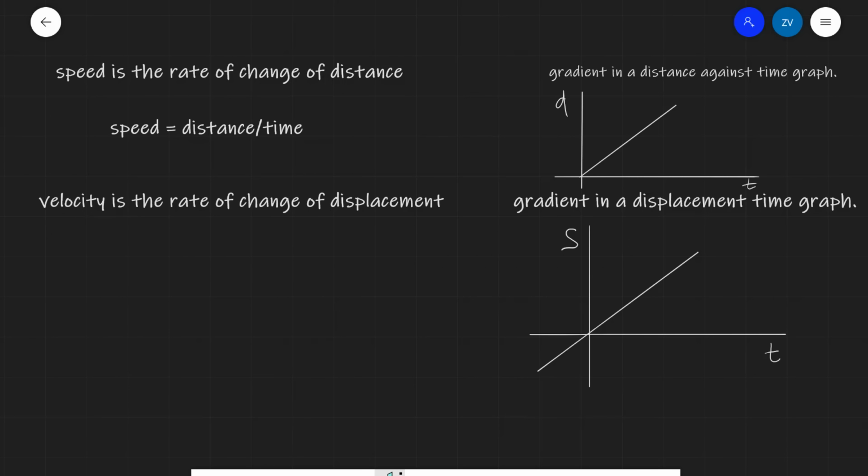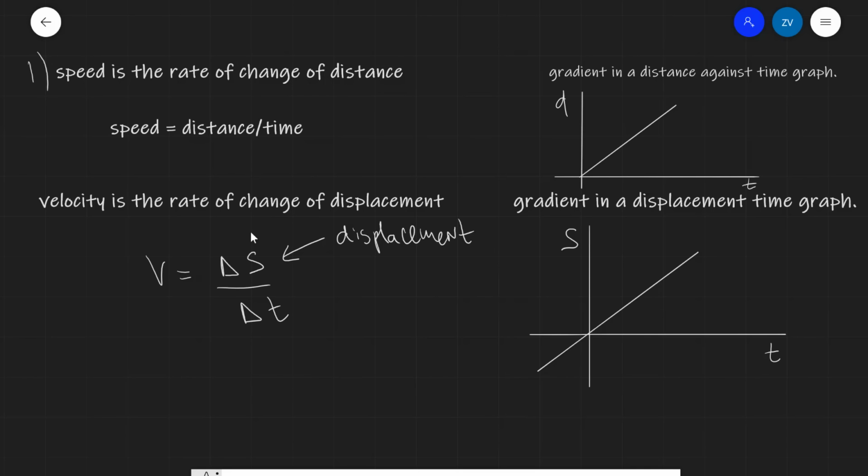Now let's revise some important definitions. First of all, speed is defined as the rate of change of distance, whereas velocity is defined as the rate of change of displacement. Typically in A-level physics, you will come across the symbol S for displacement, and the velocity v is the rate of change of displacement, so delta S divided by delta t, whereas this here is the symbol for